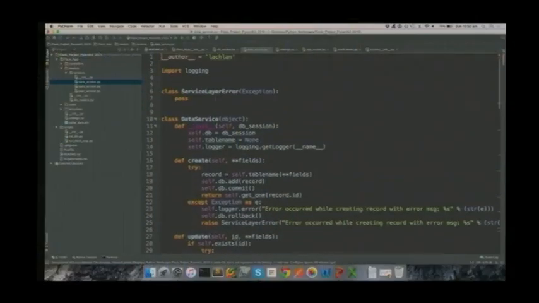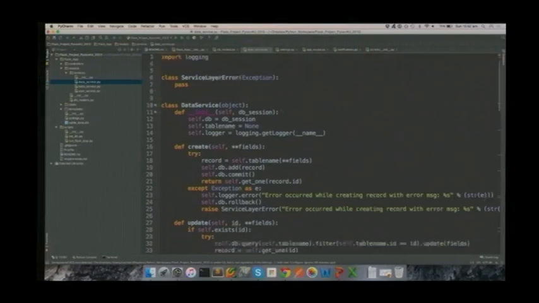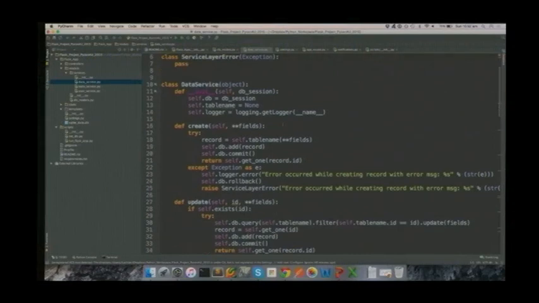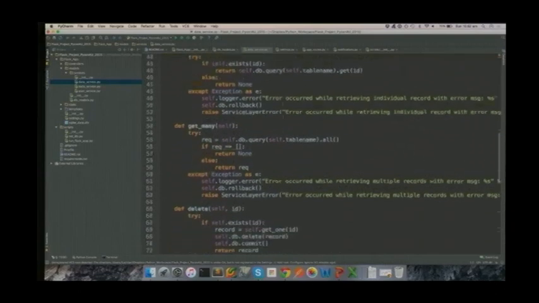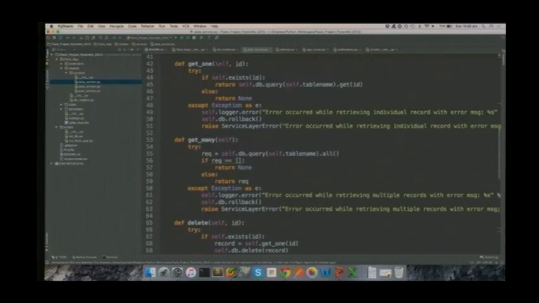I have written a very, very simple data service model that allows you to create objects, edit objects, delete them, check if they exist, get one and get many. This is probably the longest file in the entire app. I'm not saying that you should always do it this way, but I find that if you want to access your database cleanly,